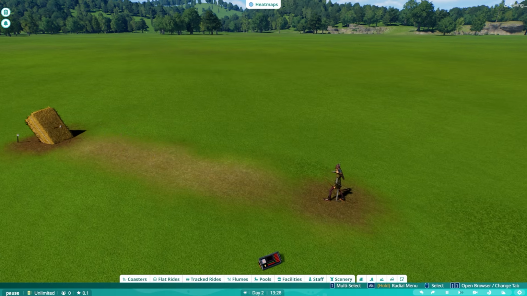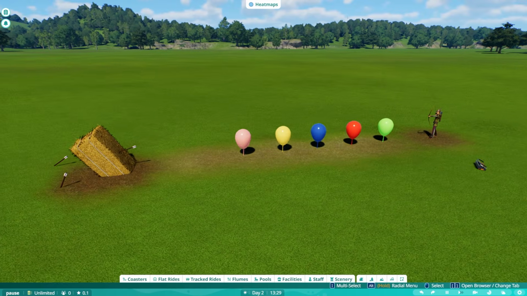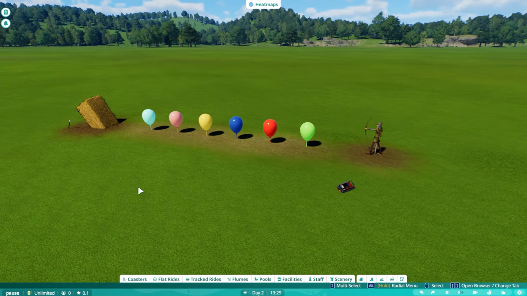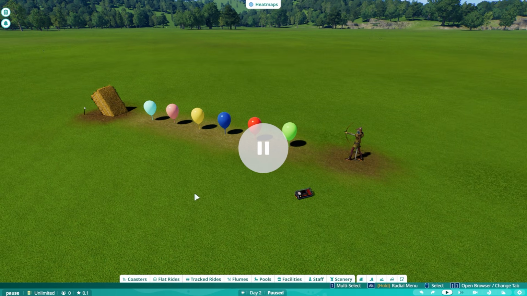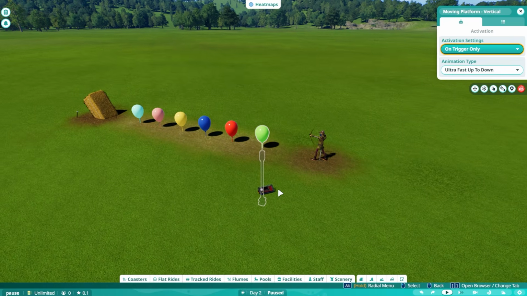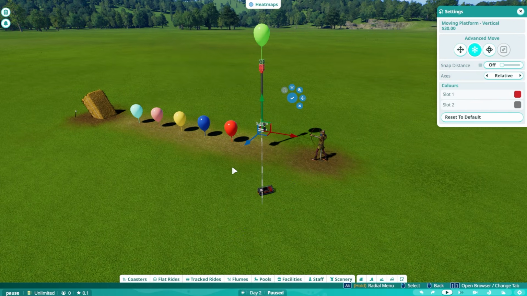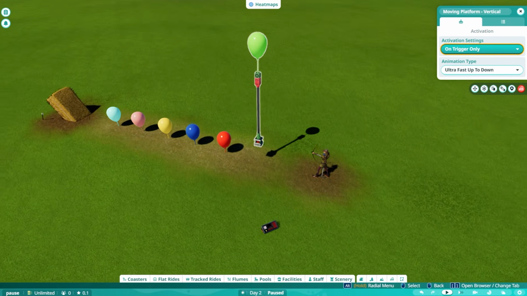Well, thanks for joining me on this one, guys, and here's our little stop motion animation with this ultra fast reveal. And yeah, I'm not sure how practical it is, but it is kind of cool. So this is how it works. So taking our little moving platform, which we had before with the hide and reveal,